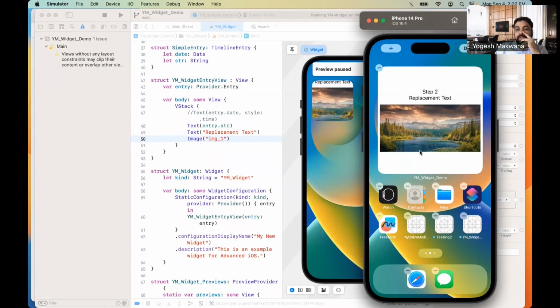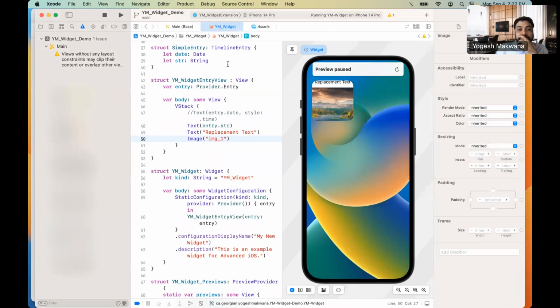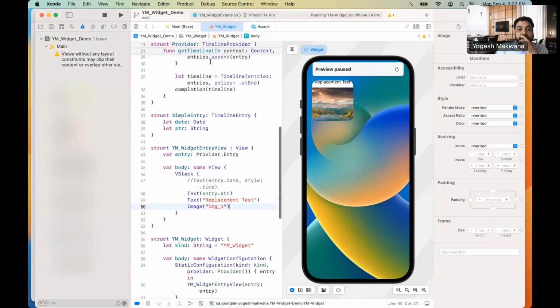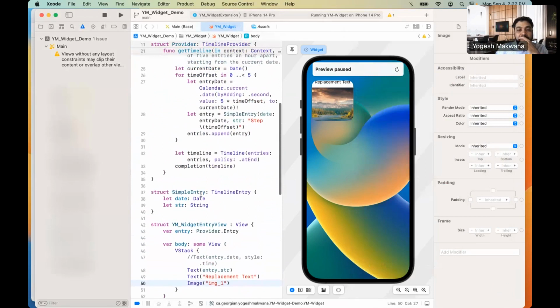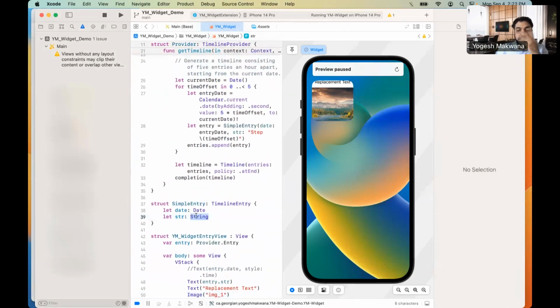Okay. So how about this? What we can do is at those 5-second intervals, we can change this image. Go from image 1 to image 2, image 2 to image 3, right? So for that, what do we need? Right now, we are passing a string, or we have a property in simple entry of type string, which stores the text step 1, step 2, etc. What if we